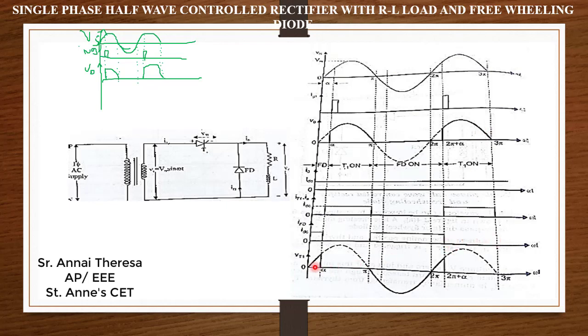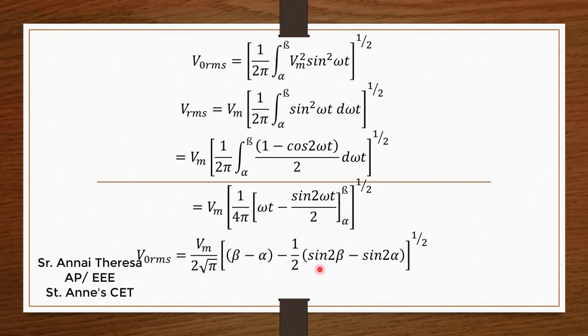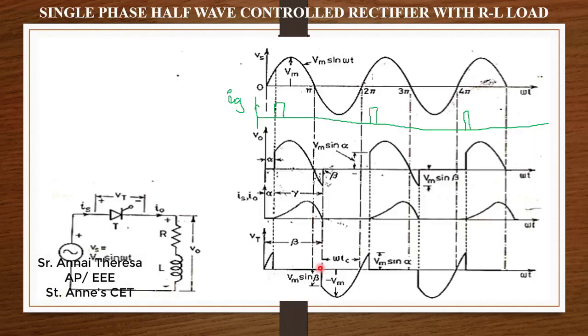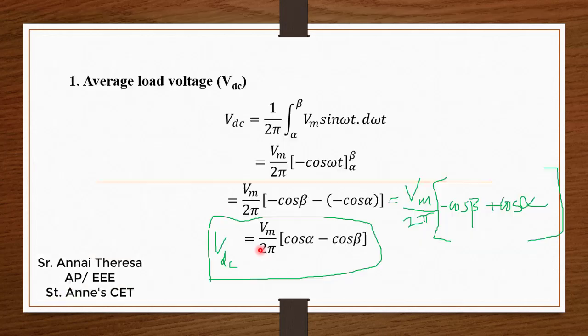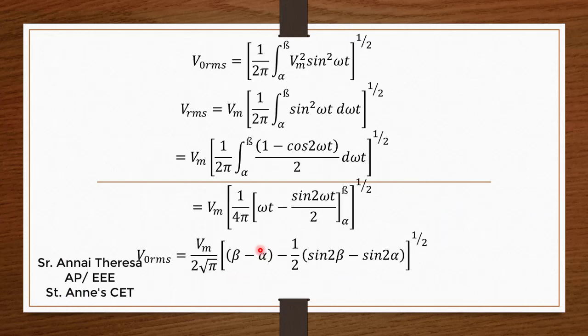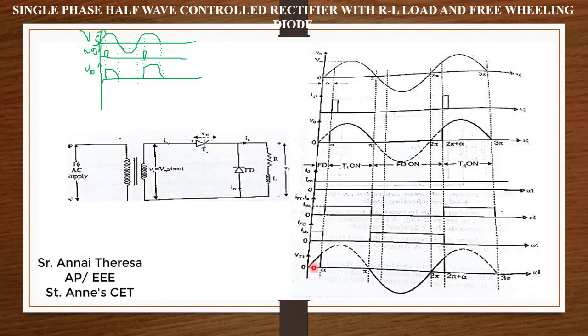Like this. Then this you already know, that is the voltage across the thyristor. This is the same as for the previous one also. For the R load I didn't explain, because I will explain here. The same waveform, VT, that is the voltage across the thyristor. So how can we draw it?